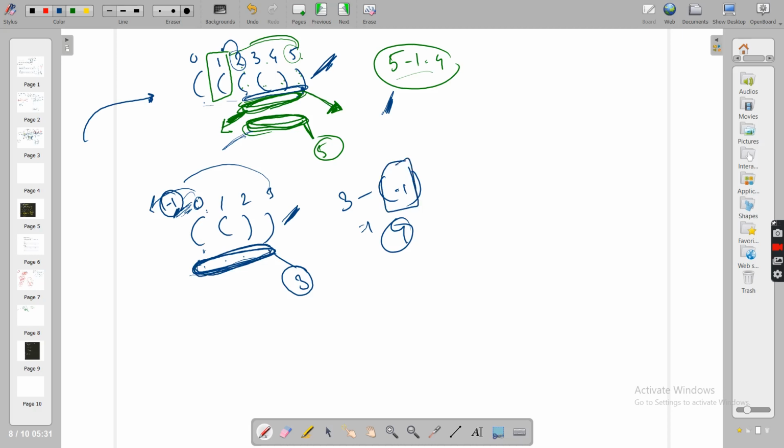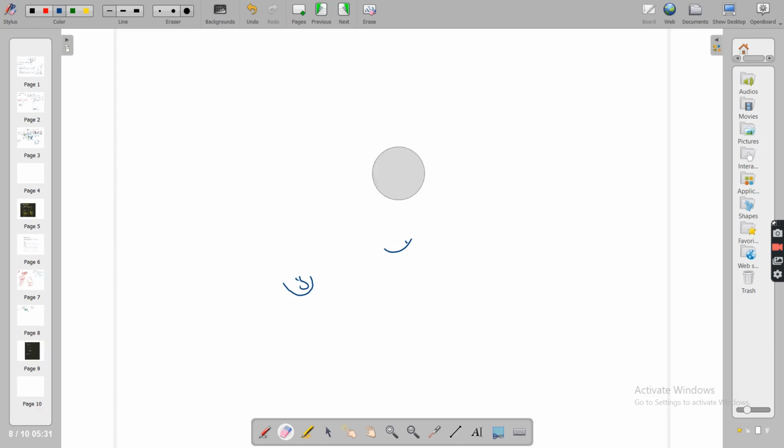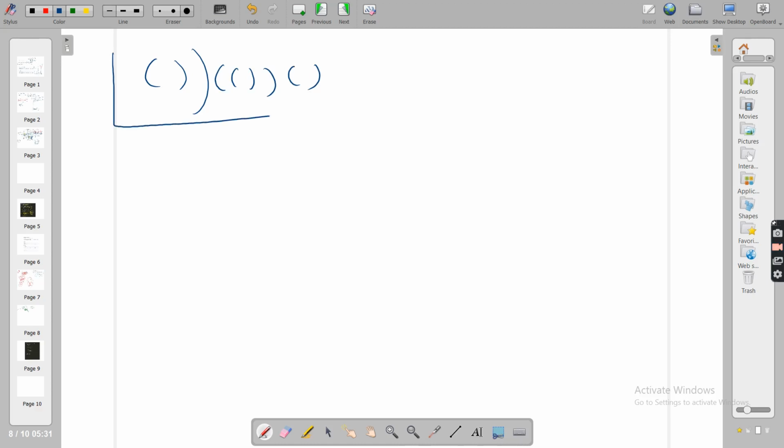Now let's remove this confusion and try to solve a bigger test case and see how we can do this. Okay, I'm removing all these notes. So let's say you are given this large test case, and let me write the index numbers 0, 1, 2, 3, 4, 5, 6, 7, 8.